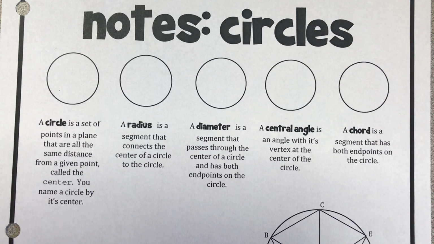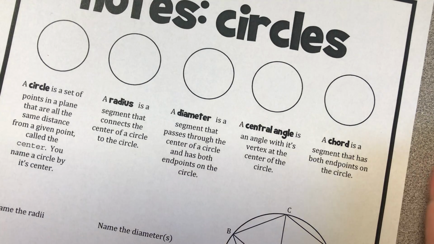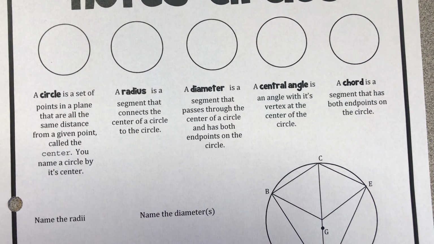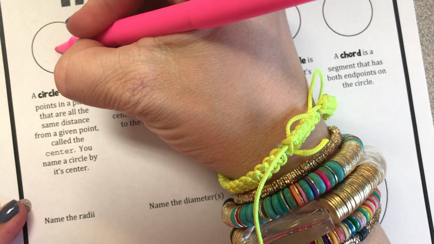Okay, let's take some notes about circles. So a circle is a set of points in a plane that are all the same distance from a given point called the center. You name a circle by its center. So for example, if I called this